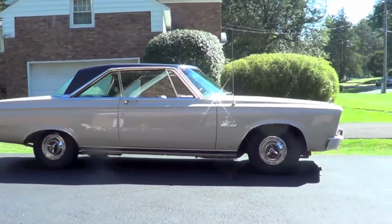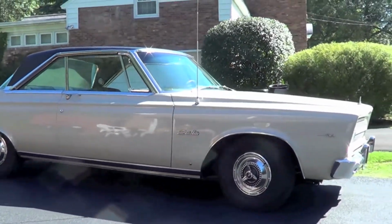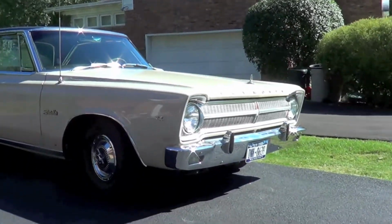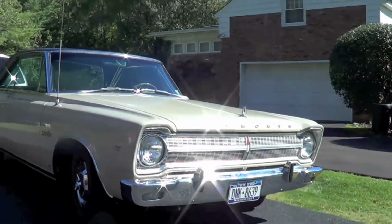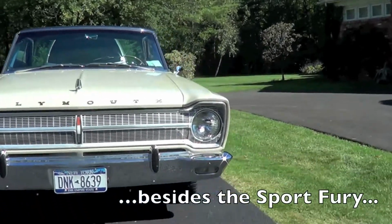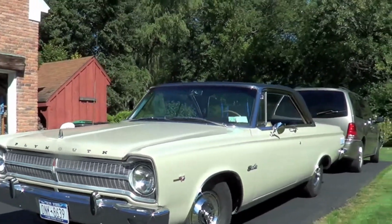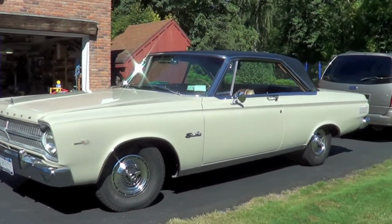What we have here is a 1965 Plymouth Satellite. The 65 was the first year of the Satellite. It was Plymouth's entry, I guess, into the sports luxury market. I think, similar to the Nova, Monte Carlo, if that was a 65. I'm not sure what Ford products there were, but two-door,